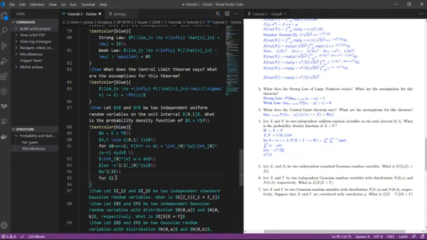So from 1, w all the way to 2, we have that the probability x plus y less than or equal to w should be